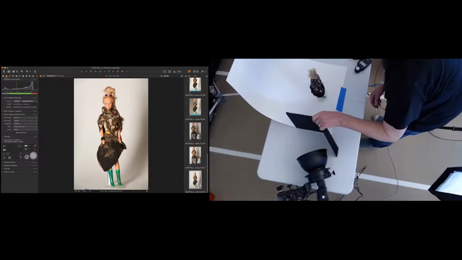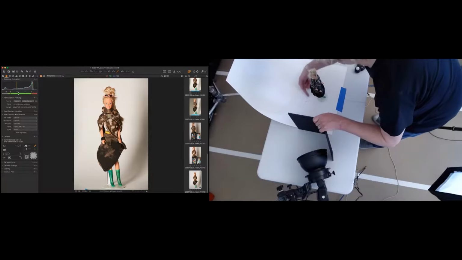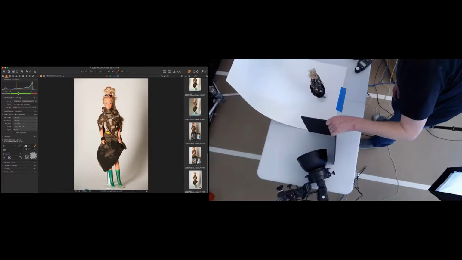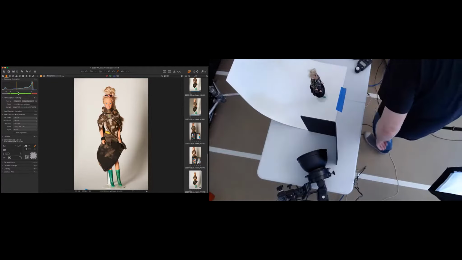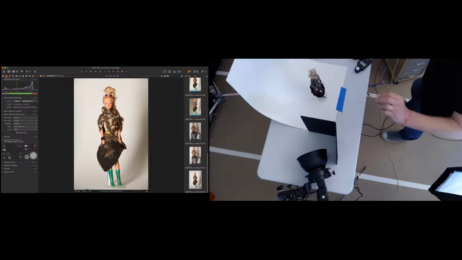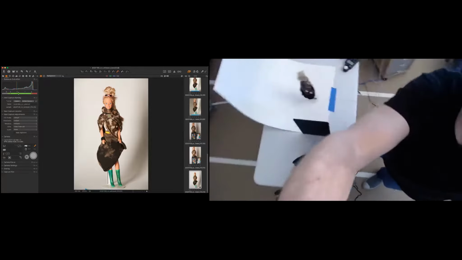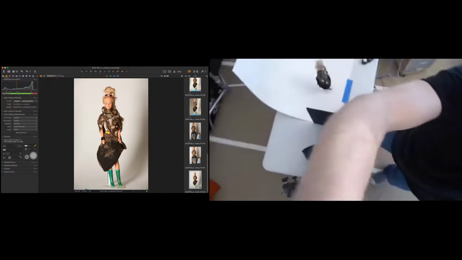If I move it back like this, the line will go right behind her. If I move it too far back like this, then it will hit this area back here, but there'll be a line that's in shadow way back here behind her. You want to get as close to her as you can possibly get without actually letting light hit her. So I'm going to show you how that works, and this is exactly how I set it up.